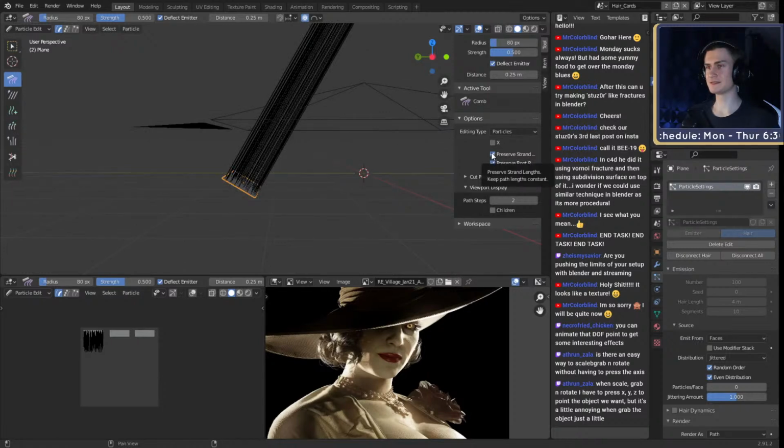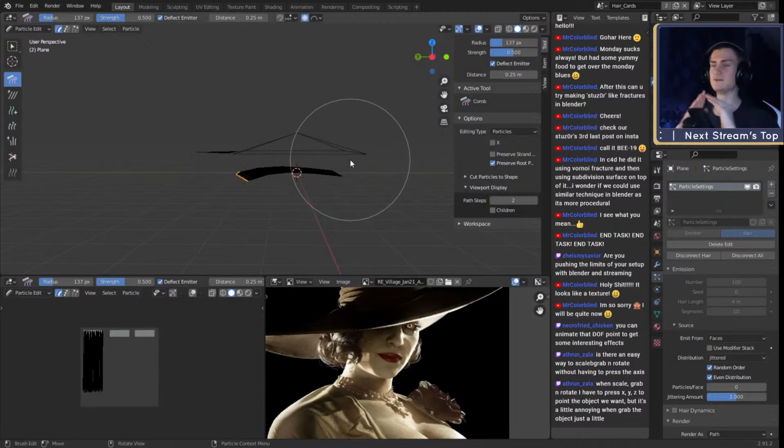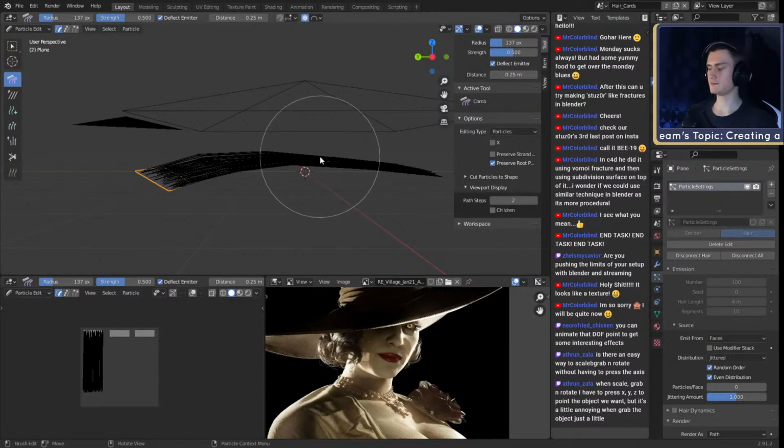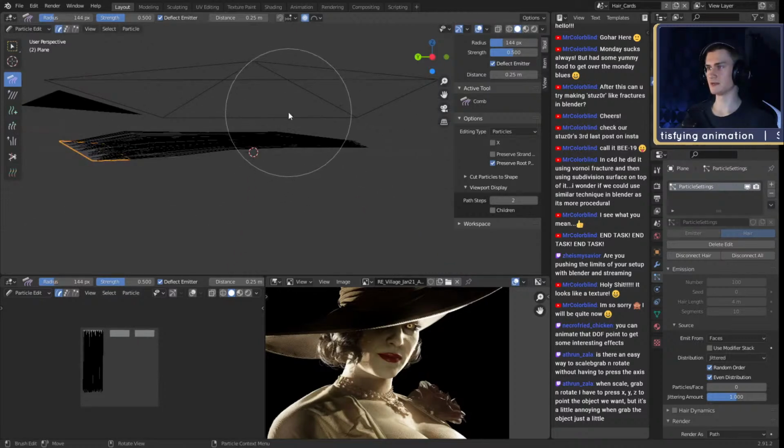If we take the preserve strand option, you can see now they don't keep their length. Basically, this might even be better for what I'm doing right now, because then we can more easily just change the length more dynamically and just work in this.